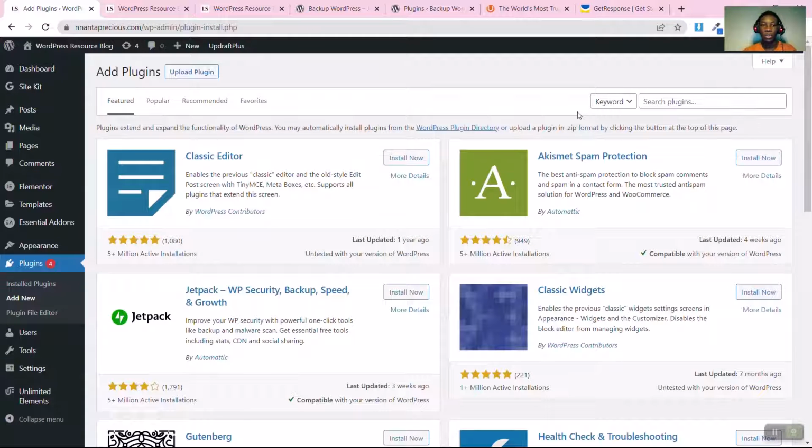Now, to use the feature you need in order to migrate our website from one hosting provider to the next hosting provider, you need the 𝗢𝗲𝗱 Pro plugin. You need the Pro version. The free version is good if you want to back up your website, maybe back it up locally on your PC. But in this case, you're trying to migrate our website from one domain to the next domain, and the free